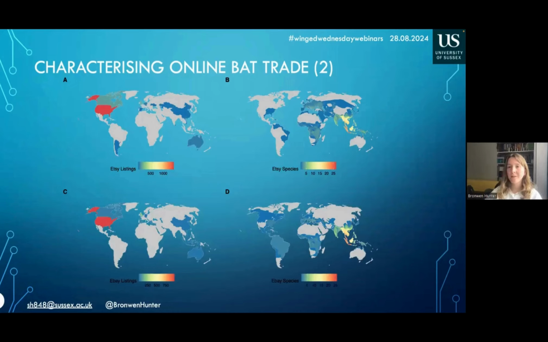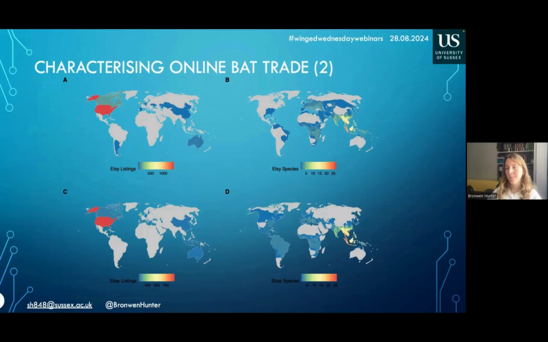One thing that I did to identify potential sourcing hotspots was take the ranges of the species that were being traded online and overlay them. This shows that South and Southeast Asia are most likely hotspots of sourcing for this trade. But when we compare that to the location of the sellers, there is a massive distinction. The USA by far was the location where most of these products were being sold from. But also the UK, Canada, Australia, China, Hong Kong, and some other countries in Europe were identified as places where these products are being sold from.